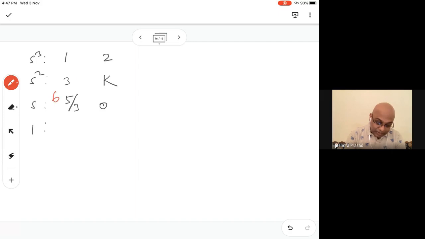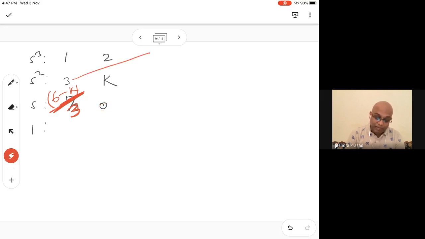So we'll have 6 minus k over 3. Okay, so 3 times 2 is 6 minus k over 3, and this will be 0. Okay, now this is correct. Now this will be 0 because this multiplied by this minus 0, the 0 divided by 3, so 0